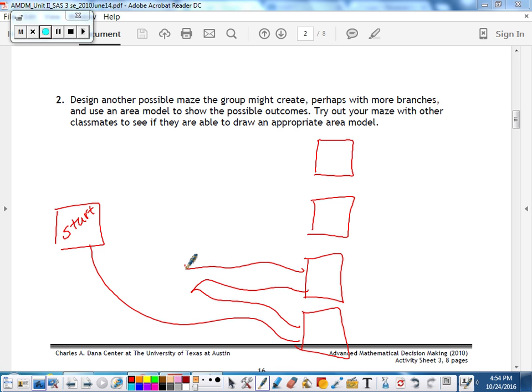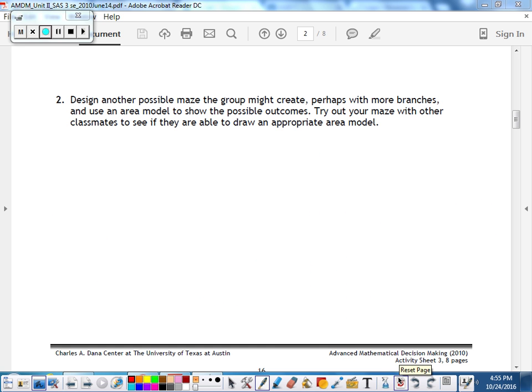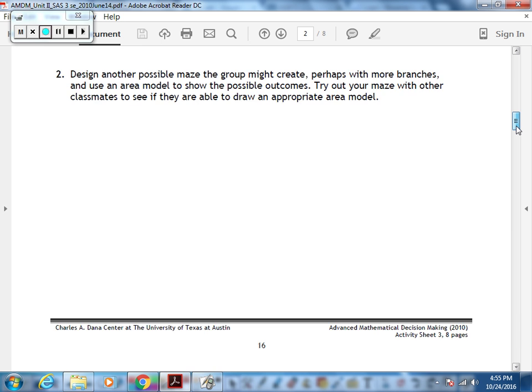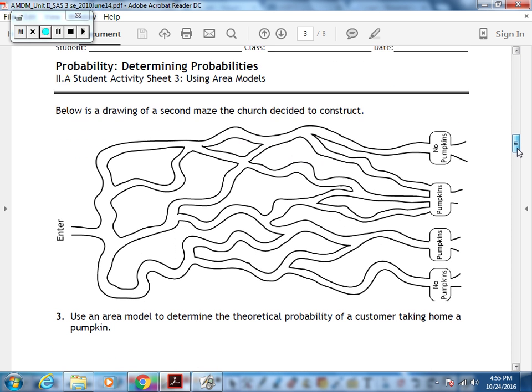And once you finish that, create an area model that shows the different number of possibilities that you can get. I'm not going to do that for you because I think you can create that one on your own. It's an opinion. You decide how you want to make your maze, just as long as it matches your area